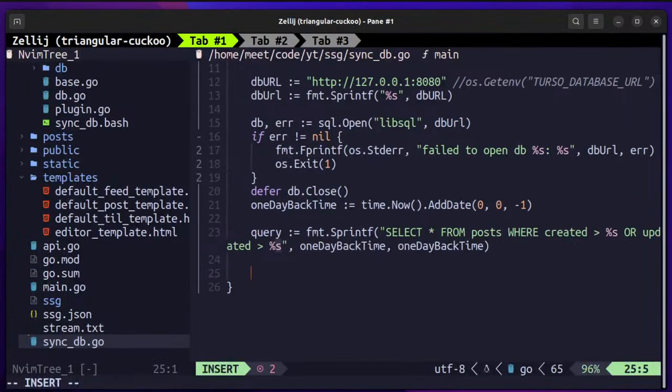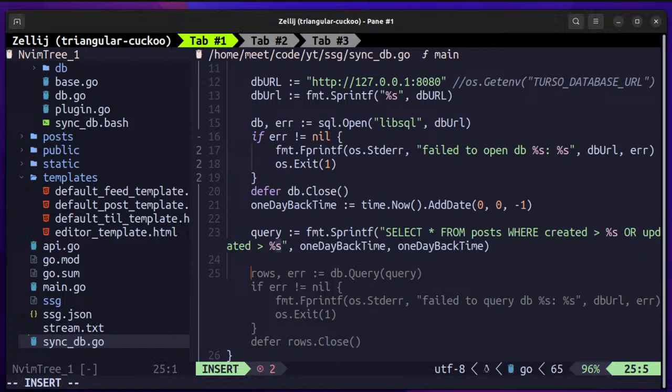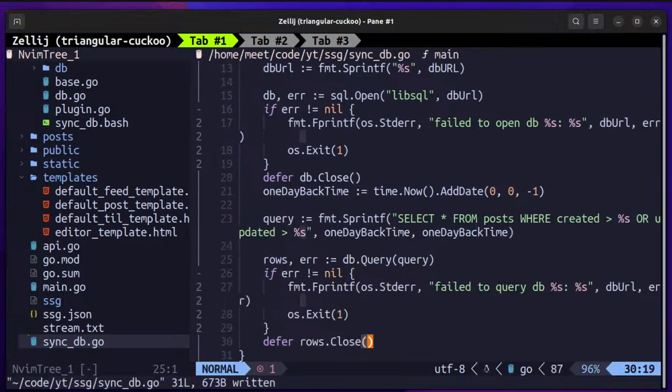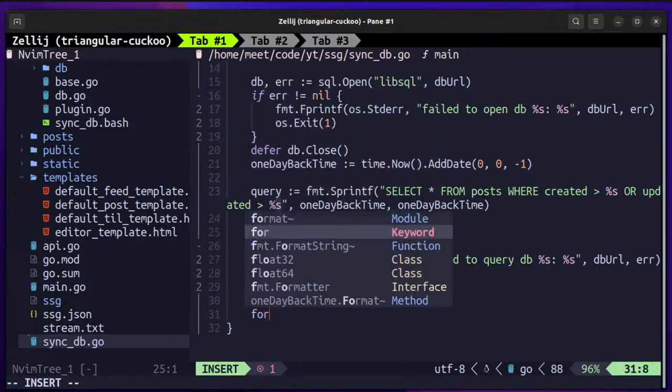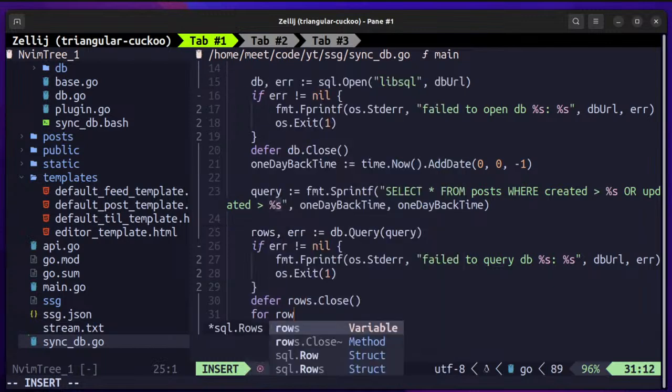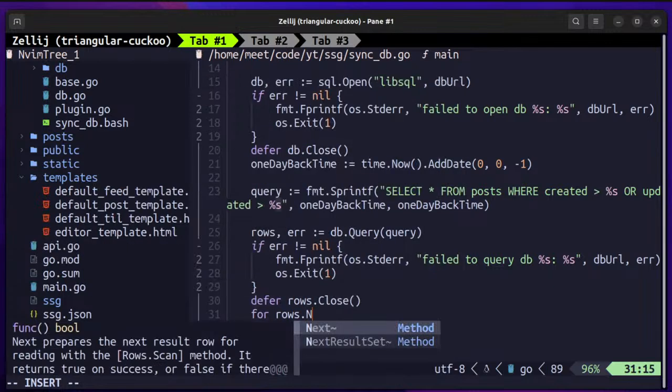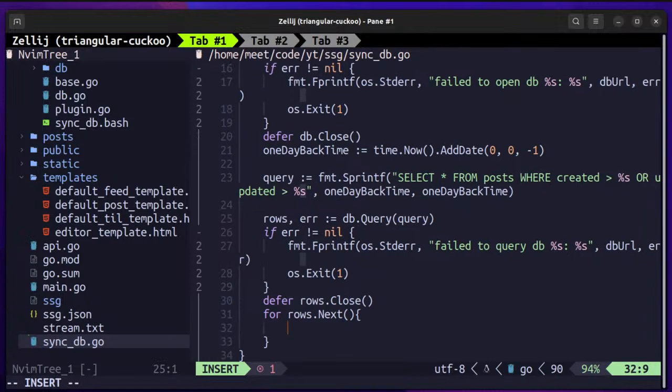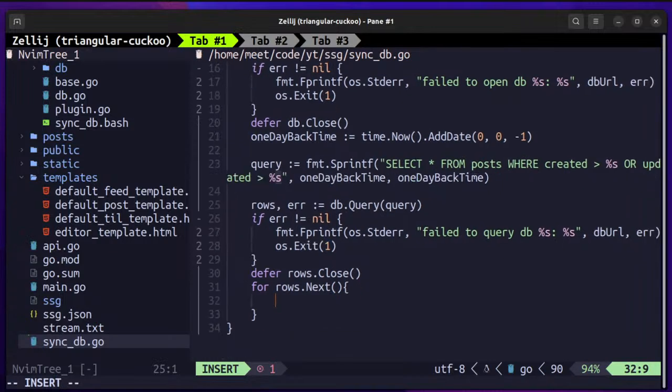Okay, now we need to run this query. Yep, this will be that. And what we will do with these rows is, let's say for rows dot next, we need to create the post object first, or actually, yeah, the post object will be,